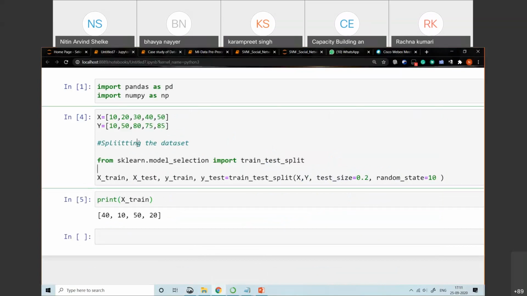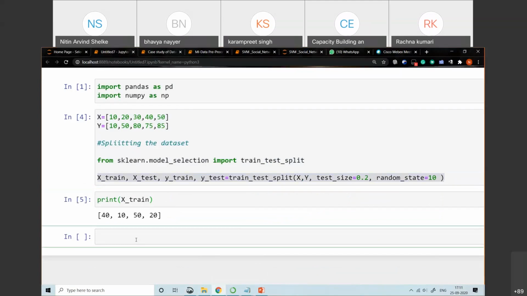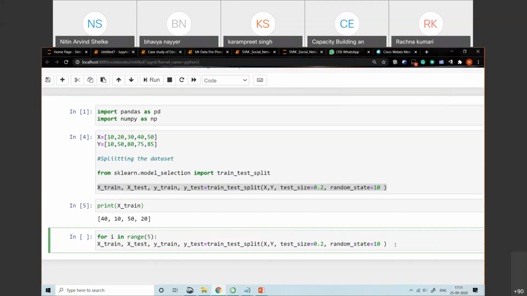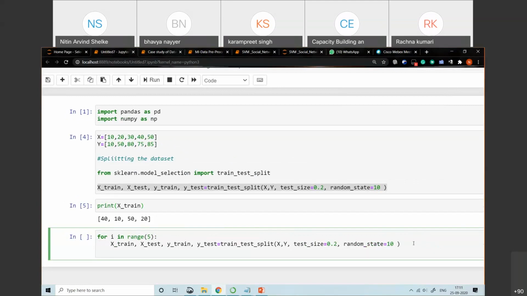So let me add one loop over here. For i in range of 5, print x_train.